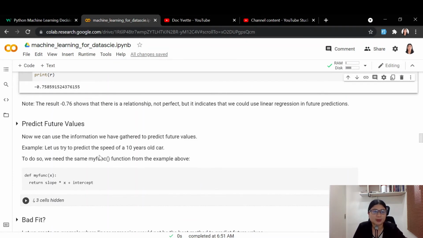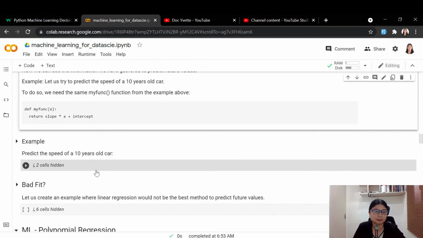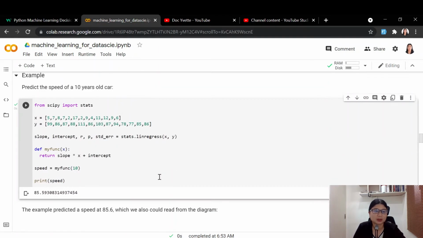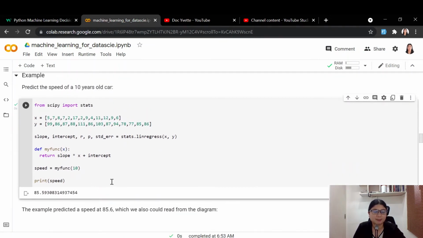Predict future values. Now we can use the information we have gathered to predict the future value. So, for example, let us try to predict the speed of a 10 years old car. To do so, we need to use the same function, the function from the example above. Okay, so we want to predict the speed of a 10 years old car. So the speed is 85.59, and